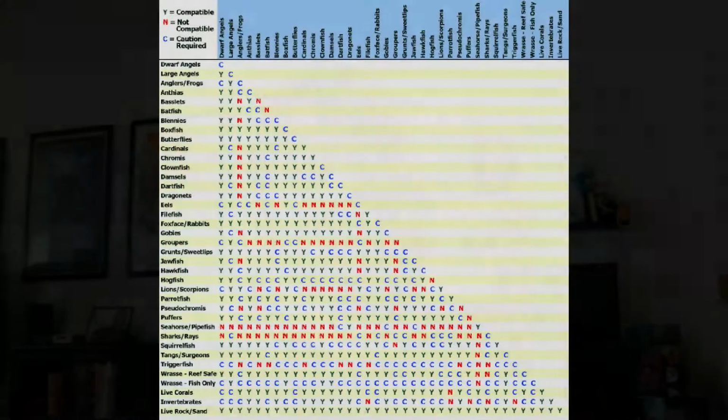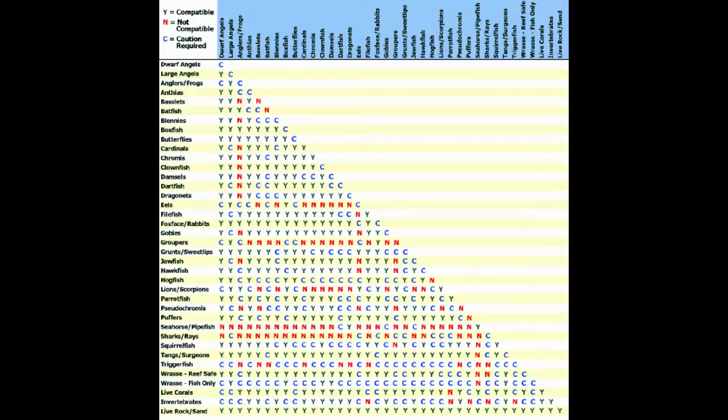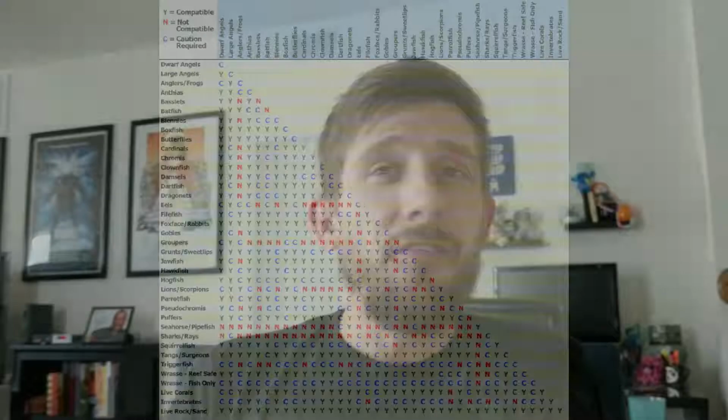I've looked up a bunch of compatibility charts, trying to figure out which fish are going to fight with each other, which fish are going to be okay. But it's complicated, because while one source says two fish are compatible, another source says they might fight for dominance. So,